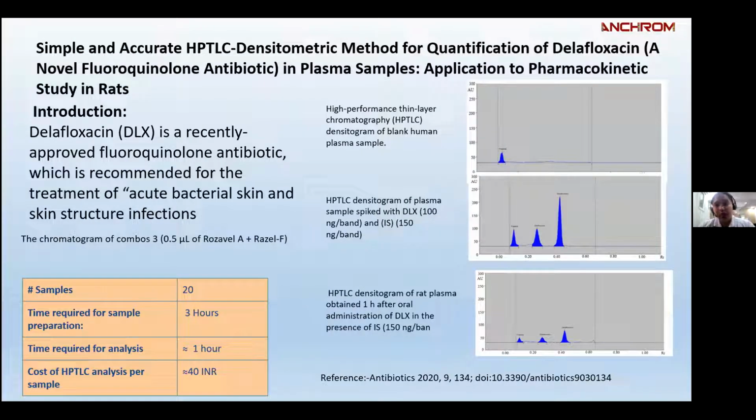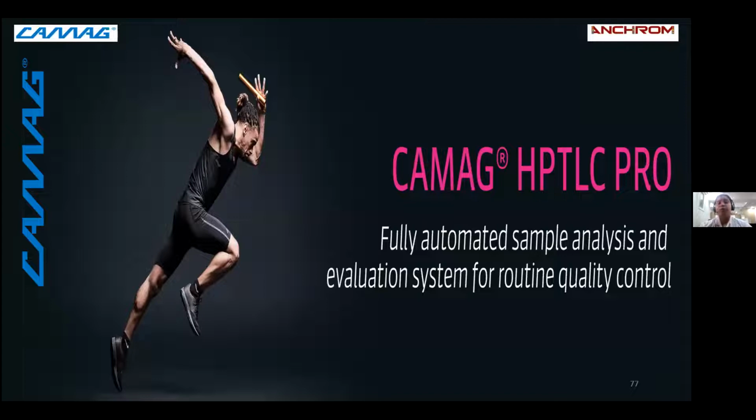Then not only that, but for clinical trials or pharmacokinetic studies in plasma samples, you can also use HPTLC. So this is an example of that. Till now I have explained all the manufacturing processes, examples, applications, all the R&D applications. But now HPTLC will be used for quality control purposes also. So for that,